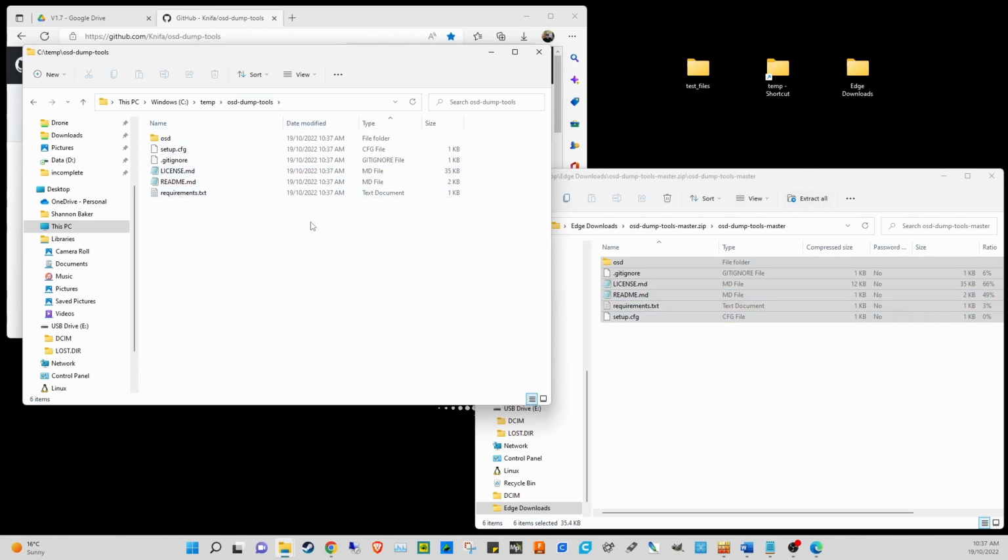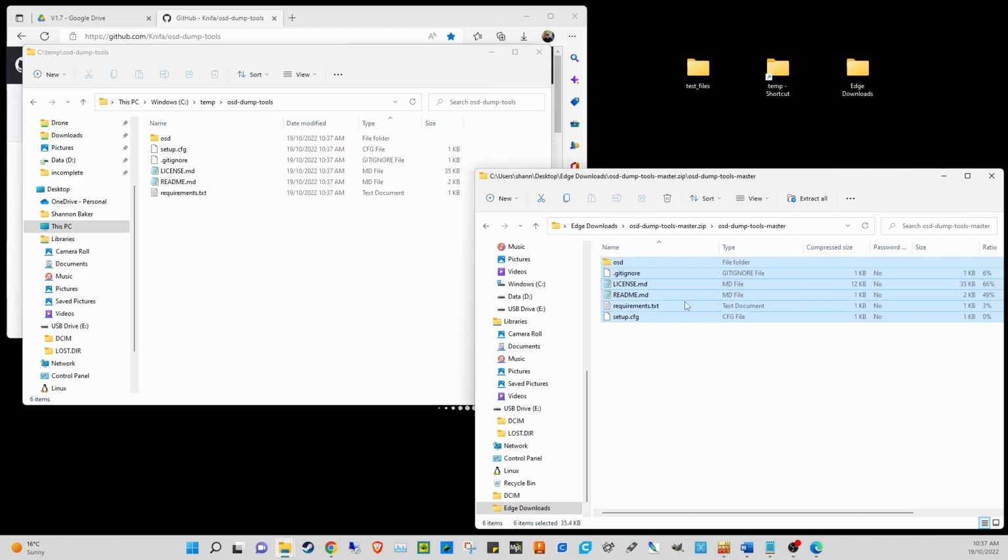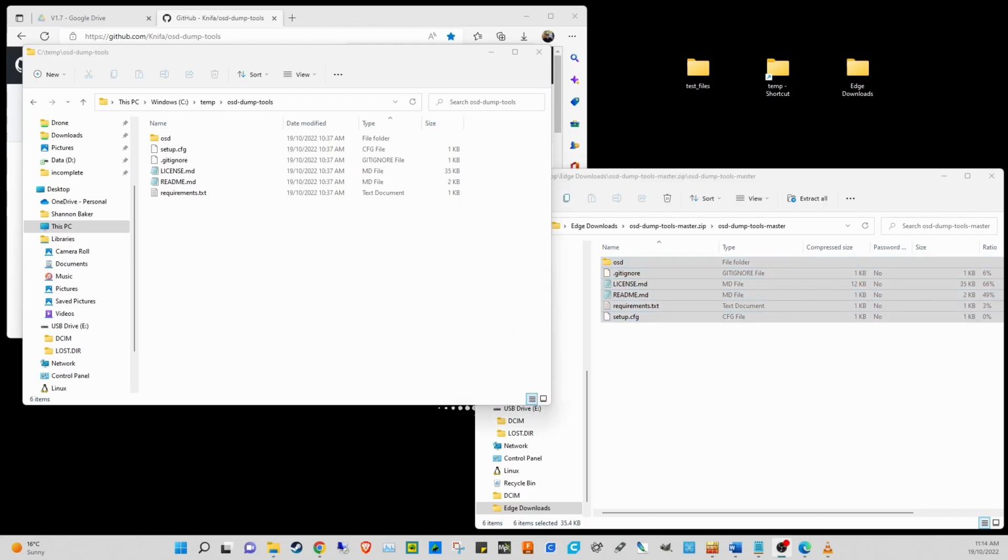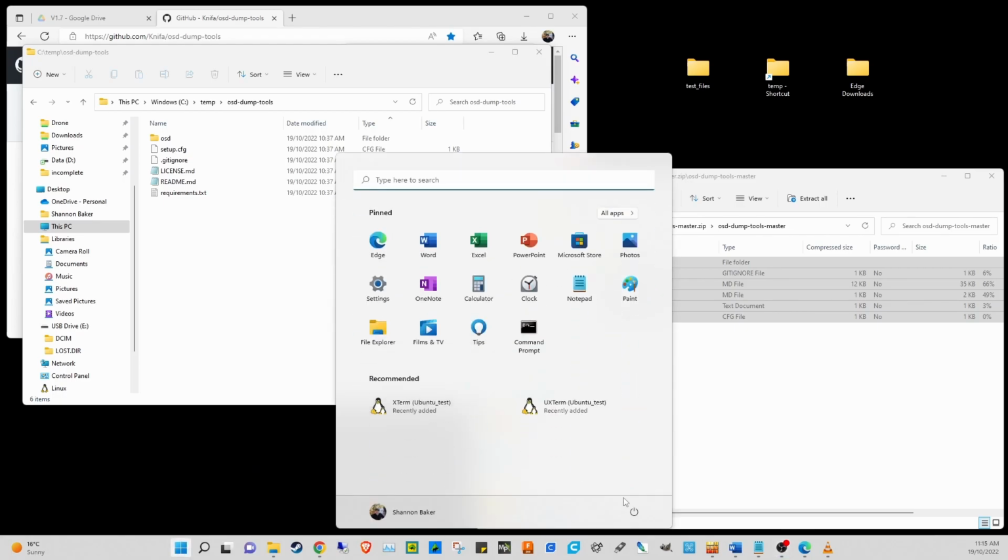We'll come back to this directory later because we'll be putting files into this directory from Windows, and we'll be executing the commands from inside our WSL Linux environment. Okay, now that we've done that setup, let's move along to installing the Windows Subsystem for Linux. So all that we're going to do now is open up a command prompt